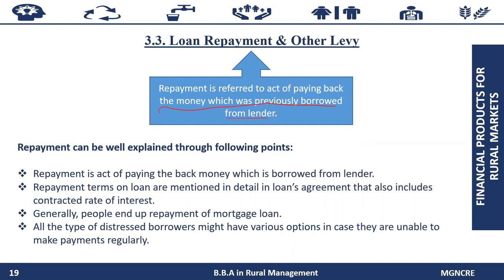Repayment can be well explained with these 4 points: repayment is the act of paying back the money, and repayment terms on a loan are mentioned in detail in the loan agreement. That also includes the contract rate of interest, the loan repayment interest. Then generally people end up with repayment of a mortgage loan. Then all the types of distressed borrowers might have various options in case they are unable to make payments